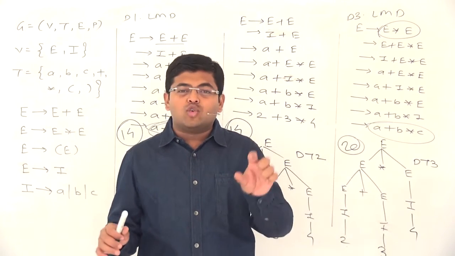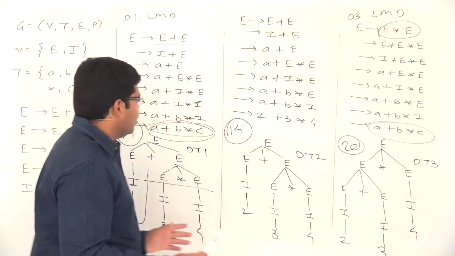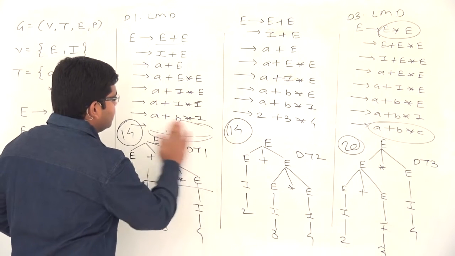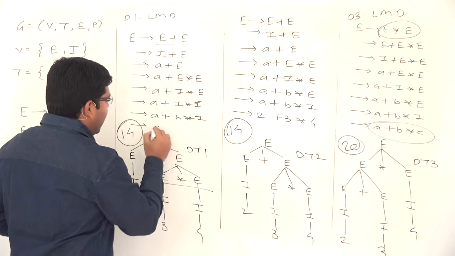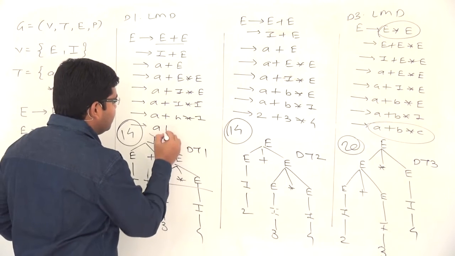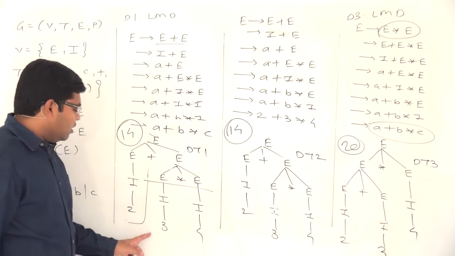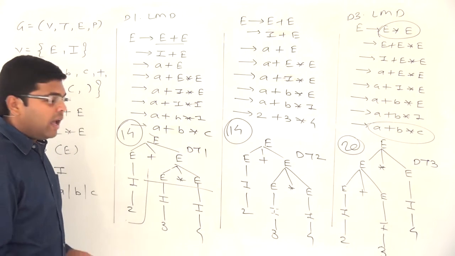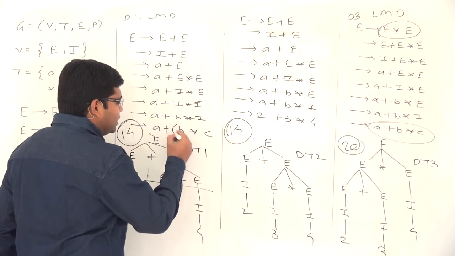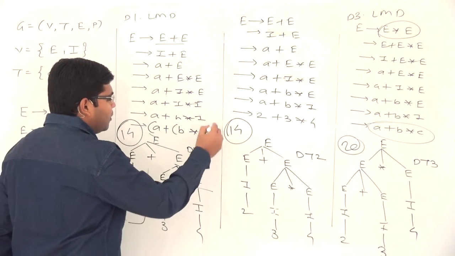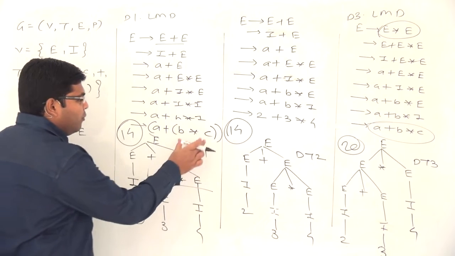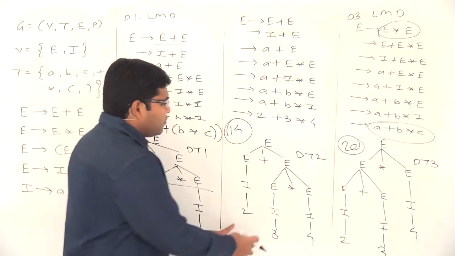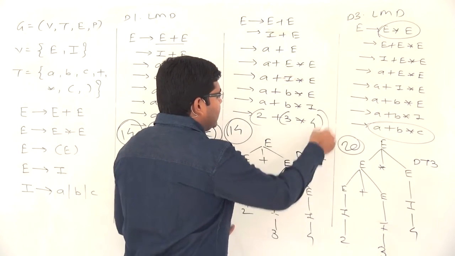Now why is this happening? Why do we get different values in different cases? So let's try to see. In this example, I will parenthesize this A plus B multiplied by C. Now in this example, first we are doing addition or first we are doing multiplication. So it is first multiplication and then addition, and therefore the parenthesization will be like this. Inner parenthesis will be that of multiplication and outer parenthesis will be that of addition. So we add the product to A. So it is first multiplication then addition. Here also it is first multiplication, 3 multiplied by 4, and then the addition.